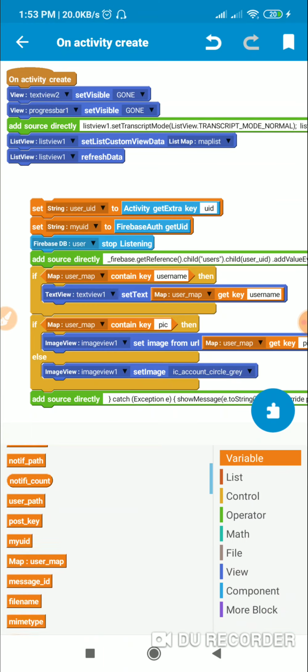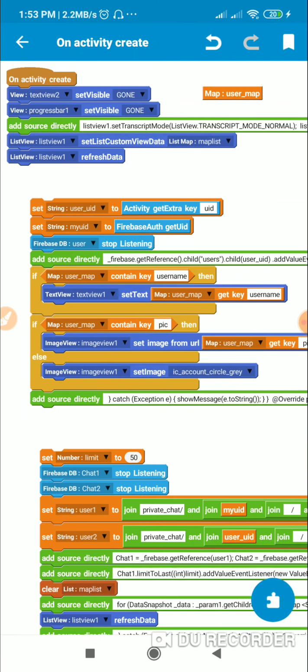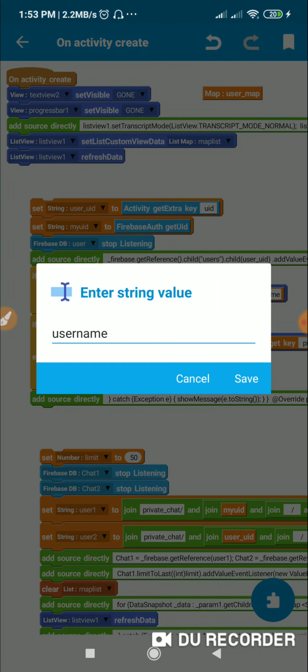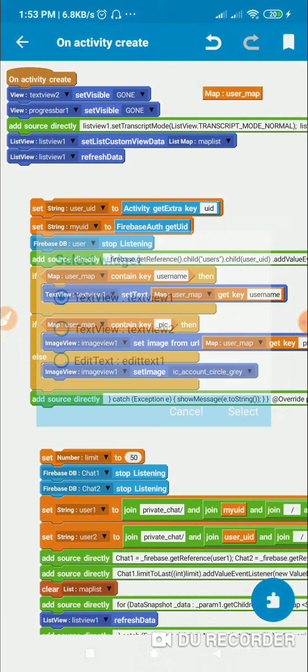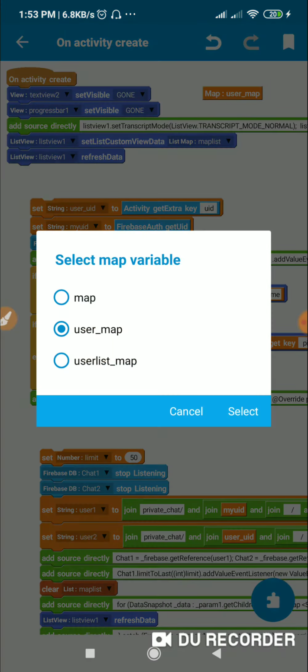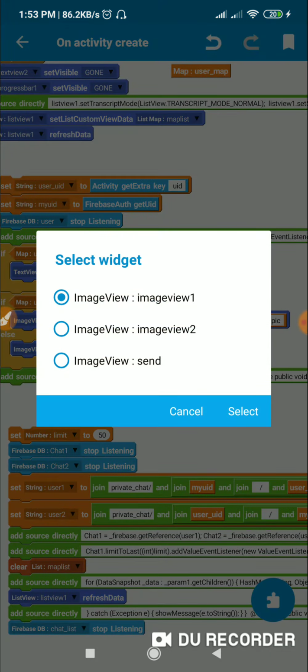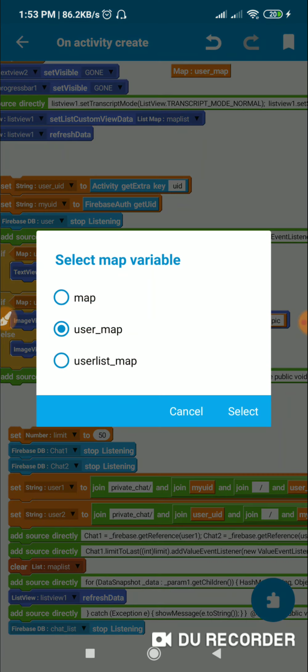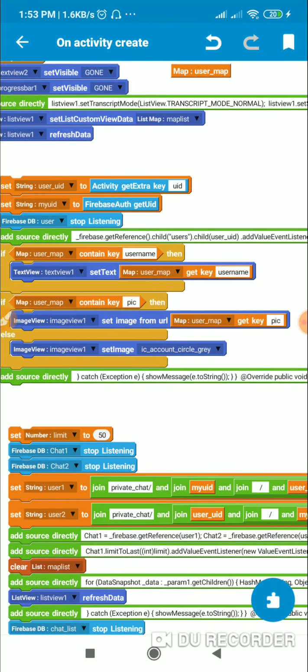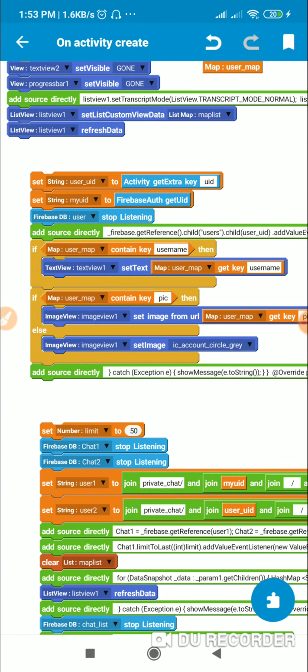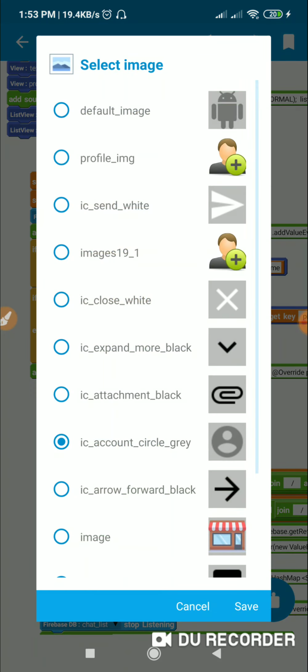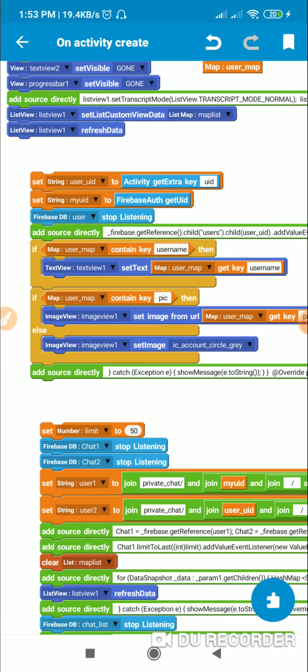This user_map is a map variable which I have created. If this user_map contains key username, then for text view 1 I set text to user map get key username, and if it contains key pic, then for image view 1 I set image from URL user map get key pic, else for image view 1 set image this default icon.